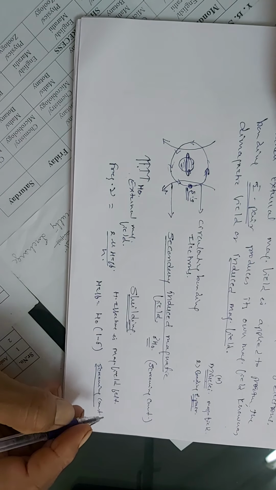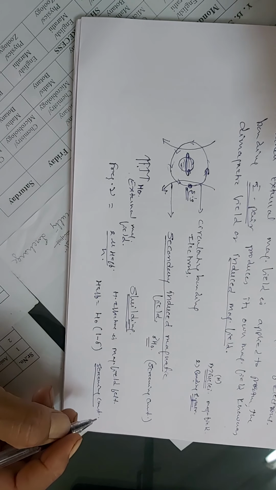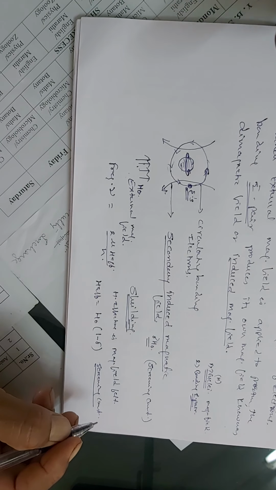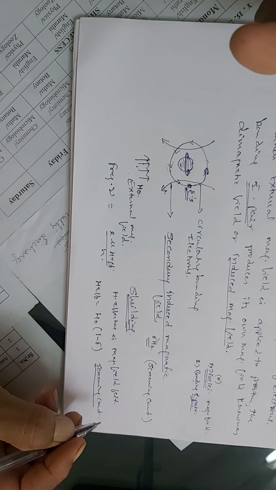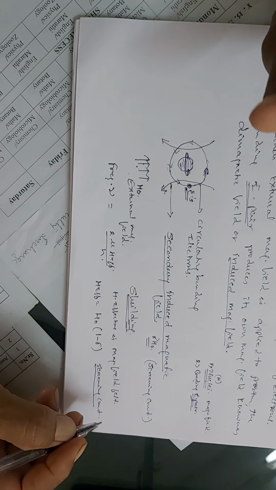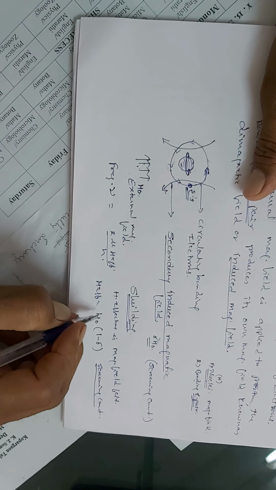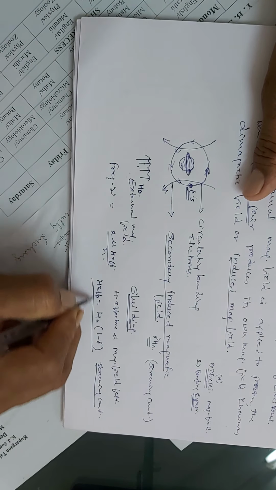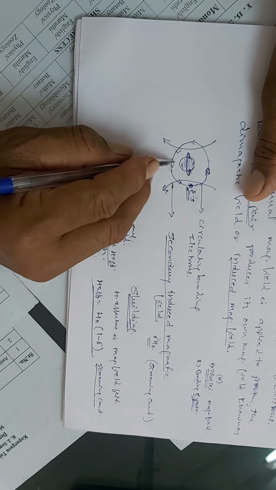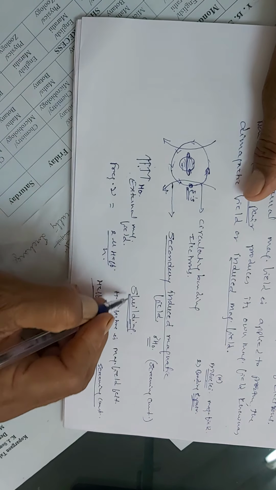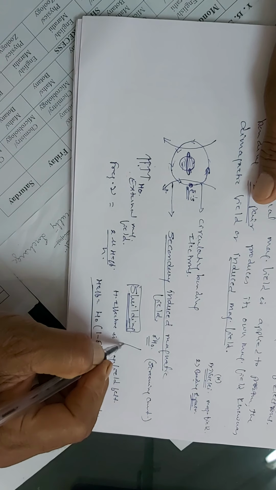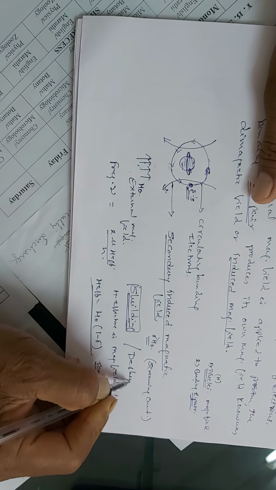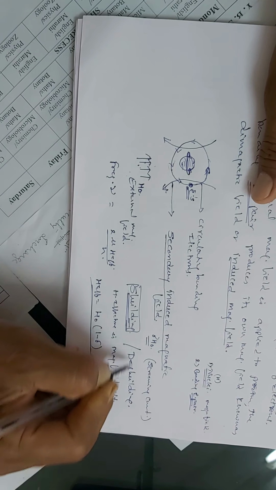In this way, different protons will have different H effective, and so the position of the signal can be determined. Here it aligns opposite to the applied magnetic field, so it is called shielding, and when it aligns parallel to the applied magnetic field, it will be called de-shielding. We will continue these things in the next lecture.